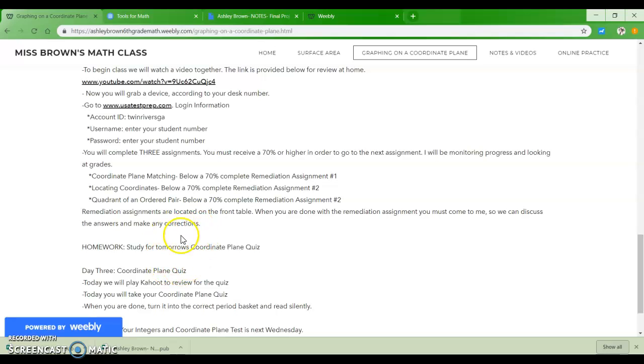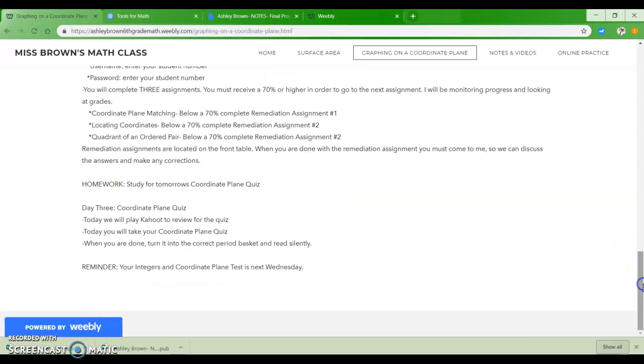Your homework tonight is just to study for tomorrow's coordinate plane quiz. Day 3, you'll do your coordinate plane quiz. Your coordinate plane quiz is front and back. We will play Kahoot to review for the quiz, to go along with what we've been doing the past 2 days. When you're done, you're going to turn it into the correct period basket, and then you are going to read silently. And just as a reminder, your integers and coordinate plane test is next Wednesday. So make sure that you are studying, and let me know if you have any questions. You guys can replay this video as much as